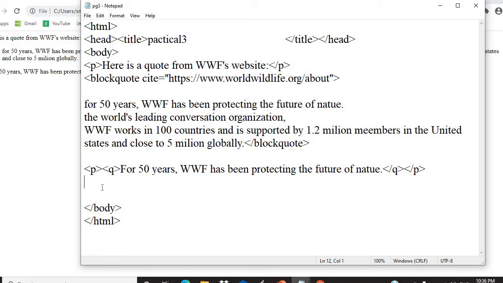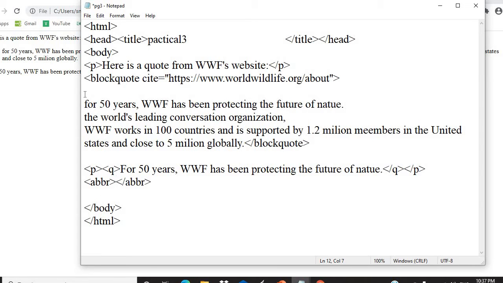Now let's jump towards the next HTML tag, that is abbreviation. I will use the abbreviation tag, which is represented by ABBR. Close this tag, and in between you can define whichever abbreviation you want.